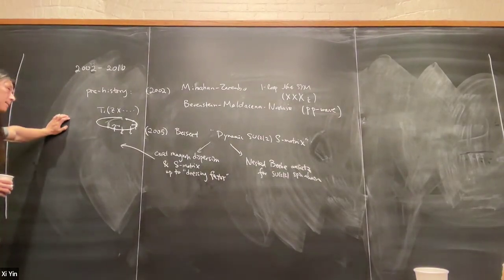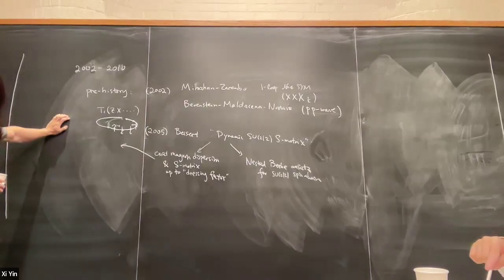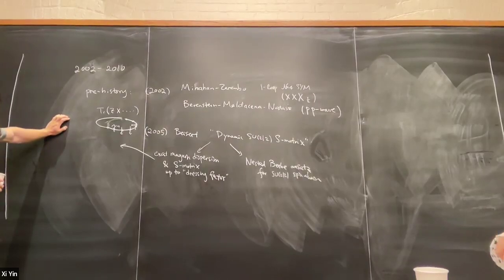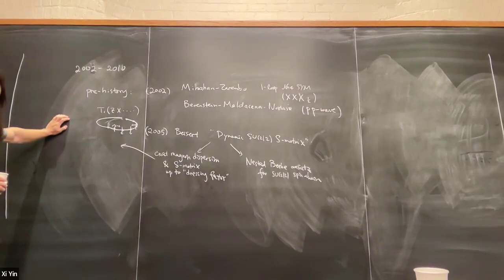And the S matrix will be determined by the symmetry of the overall phase factor. This phase factor contains all the non-trivial unknown information, known as the dressing factor. In fact, this dressing factor initially was not known to exist. People made a naive guess, just assuming that it was one because they happened to agree with all data up to three-loop order, but then there's a disagreement at four-loop order.